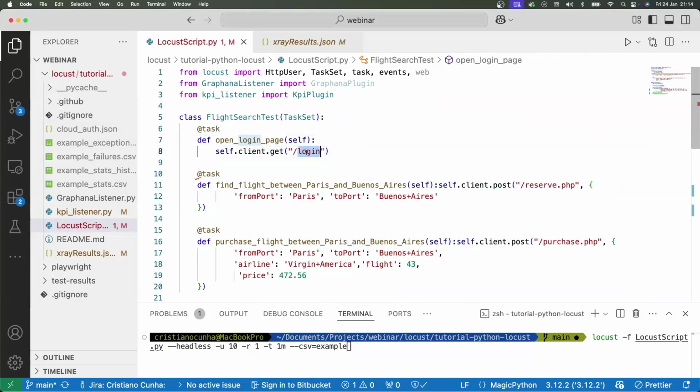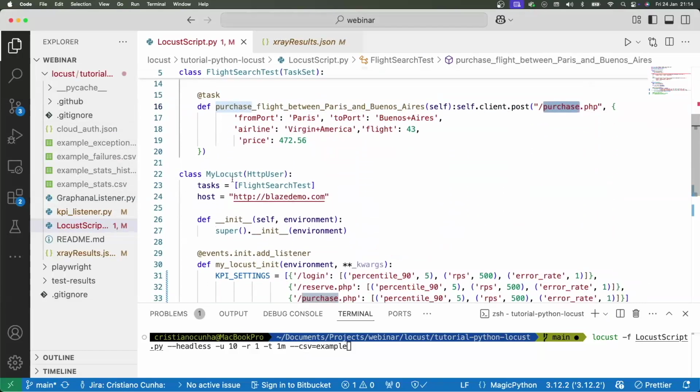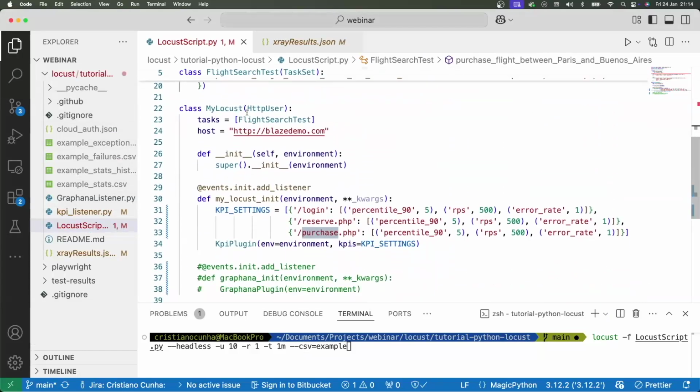And in here, I'm going to exercise the login endpoint, the reserve endpoint, and the purchase endpoint, and pass some values to those endpoints to do some actions. The actual Locust test will use the task that I've defined above, targeting this endpoint and adding a listener here that will serve